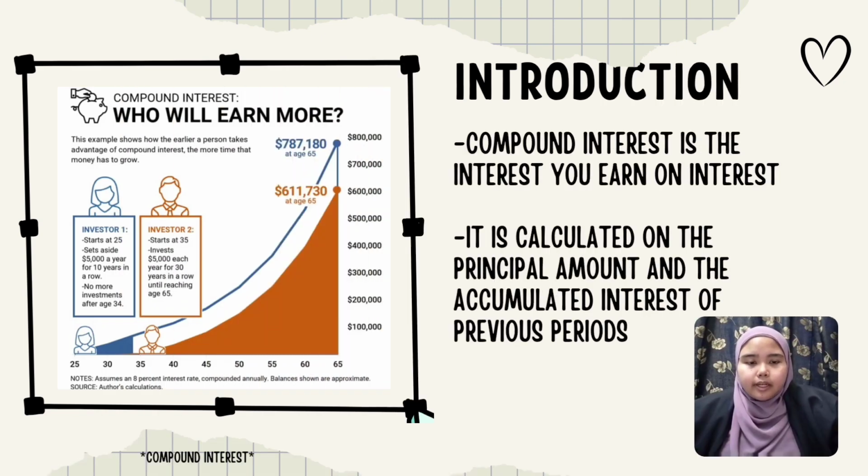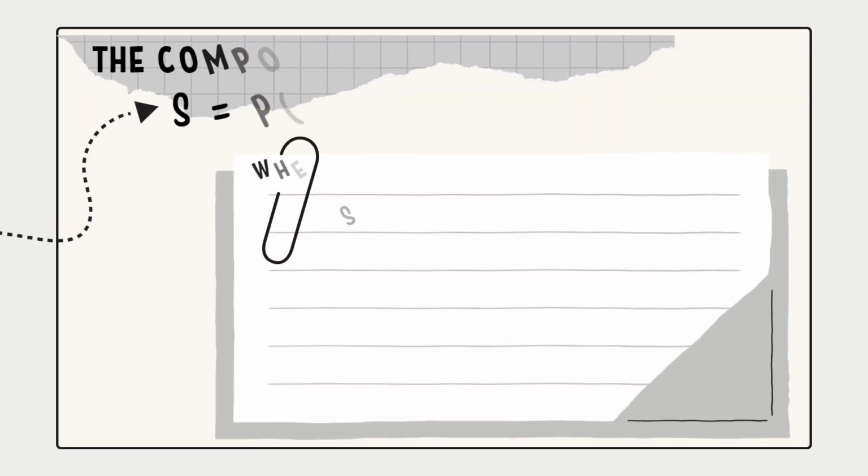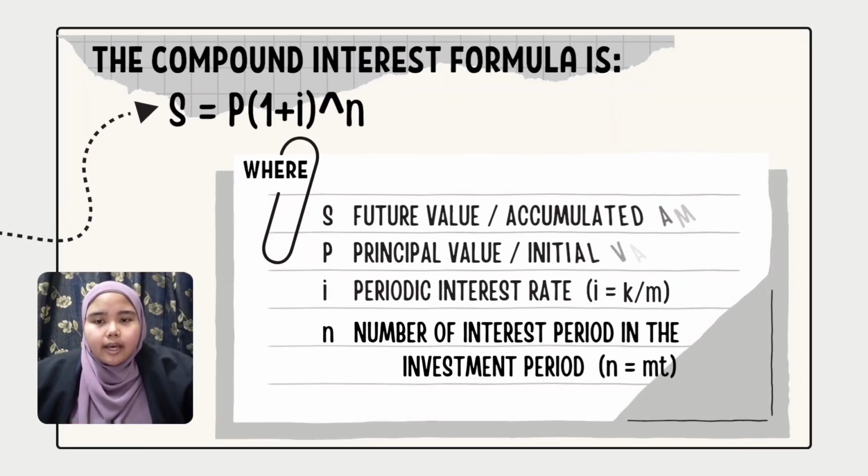Introduction. Compound interest is the interest you earn on interest. It is calculated on the principal amount and the accumulated interest of the previous periods. The compound interest formula is S equal to P bracket 1 plus I bracket to the power of N, where